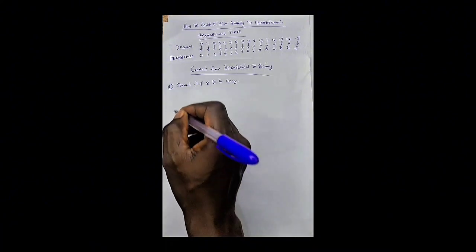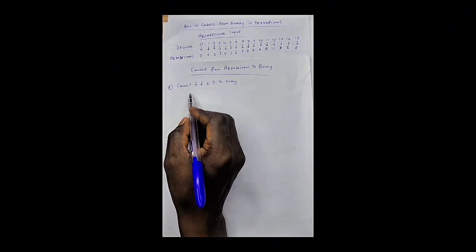Okay, convert from hexadecimal to binary. How to convert from hexadecimal to binary? What you just need to know is the equivalent of the hexadecimal in the decimal table. Let's say, for example, they say convert